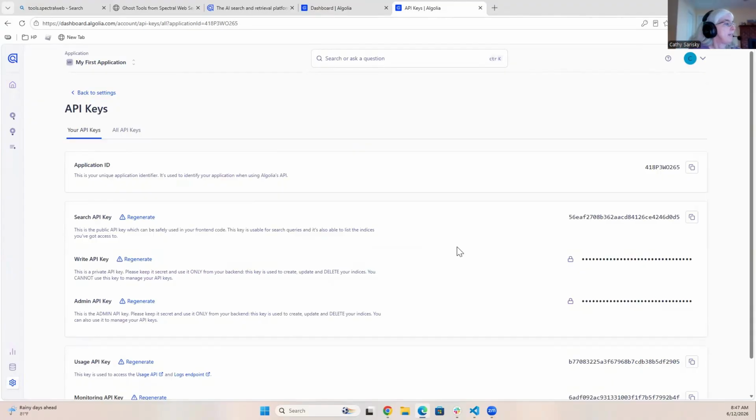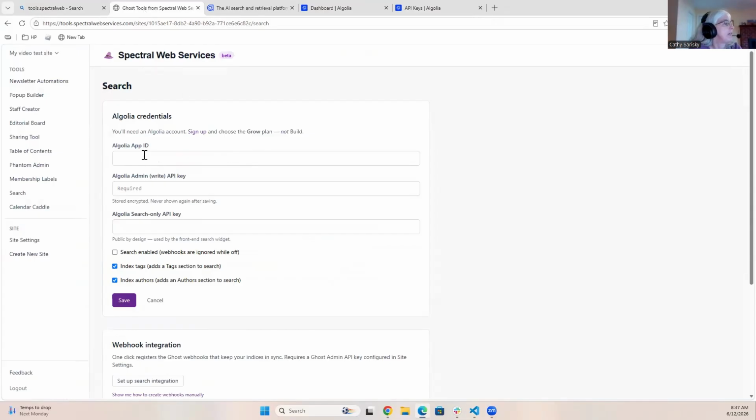We are going to get these keys into Ghost, or into the tools integration. So we're going to need our application ID. We'll just use that little copy button. And then let's get ourselves back over to the tools screen and put that app ID in. We need the right API key,